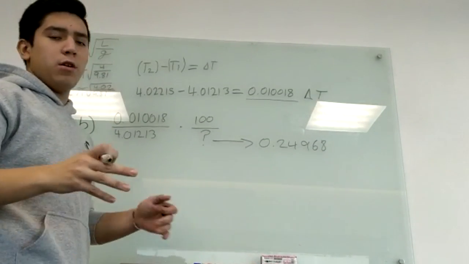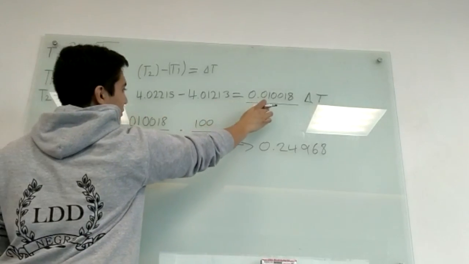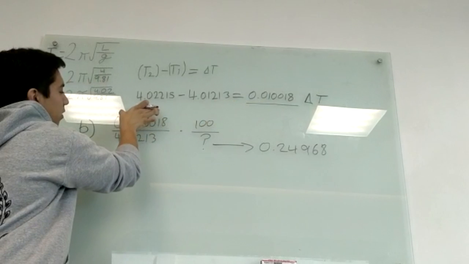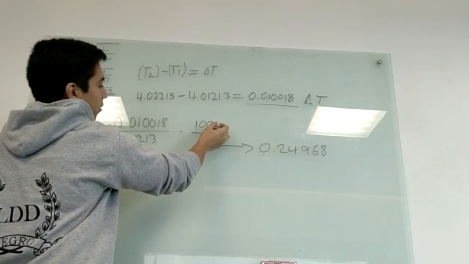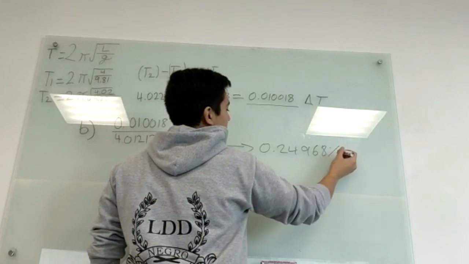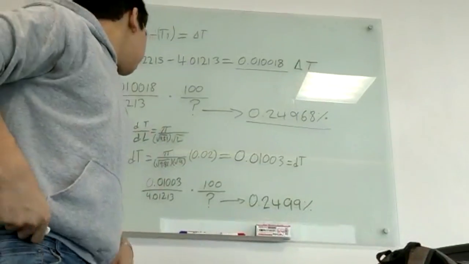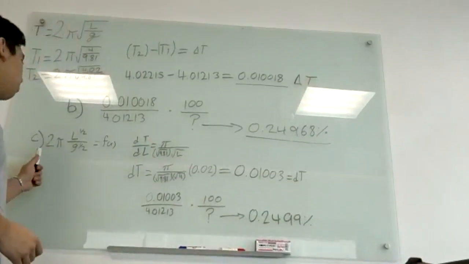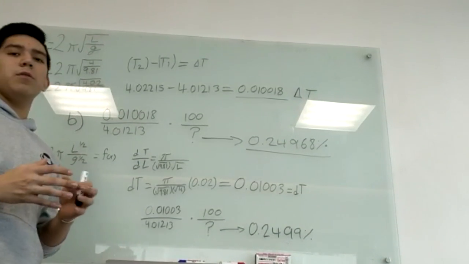percentage of that change. So all we need to do is divide the increment that we already got. Divide the increment by T1, then multiply it by 100, and then we will get the percentage, which is 0.24968. So finally, in the next problem, in instruction C, what we need to get is the approximate percentage of